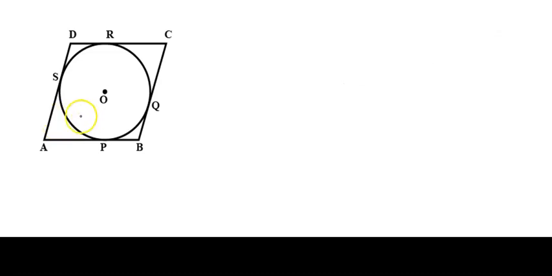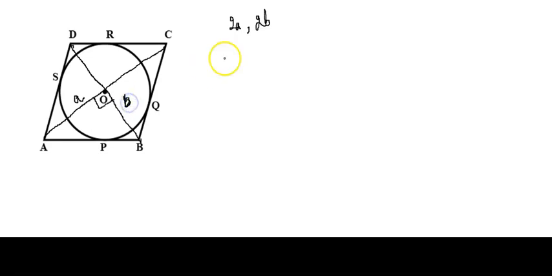Okay, so now let us consider that the length of the two diagonals can be any value. Let us say that the length of the two diagonals is 2a and 2b, and we know that the diagonals of a rhombus bisect each other at right angles. That means AO will be a and OB will be b. So they bisect each other at right angles, this is a and this is a, this is b and this is b.